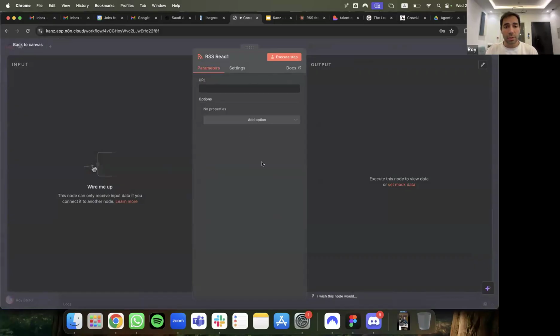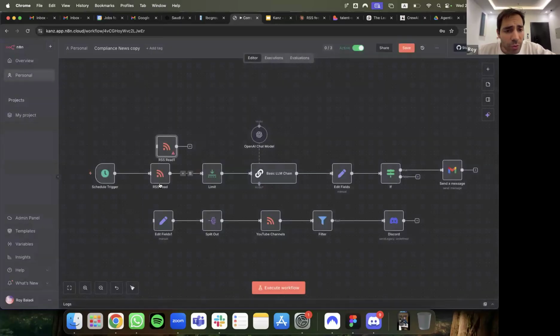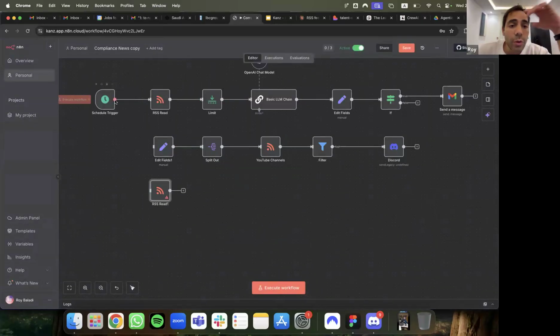So now you're going to have an RSS read. I'll explain what it means. What we're going to do today, let me just explain that. We're going to have an AI agent that's going to read all the news that are happening every single day. And then based on the news that we care about, we're going to filter those news, ask AI to read it, summarize it into 1 to 2 sentences, and email us about the topic that we care the most about. You don't need to create an RSS. RSS feeds exist. Most news outlets offer an RSS feed.